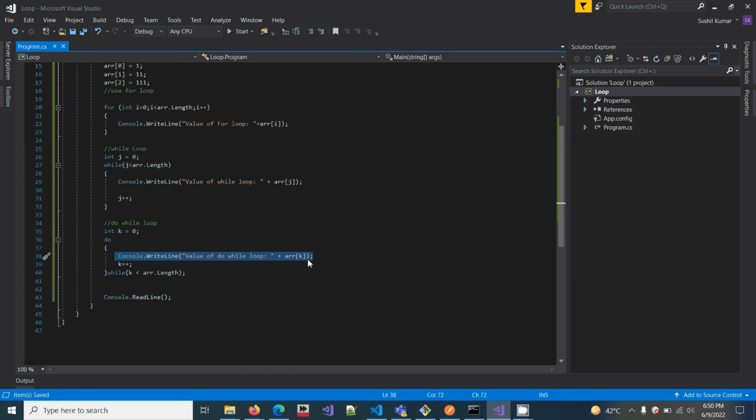After executing, increment your variable, then check the condition, then go to the body a second time. So that is the main difference.